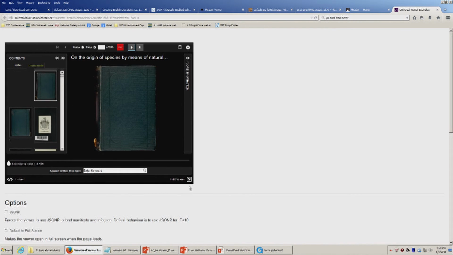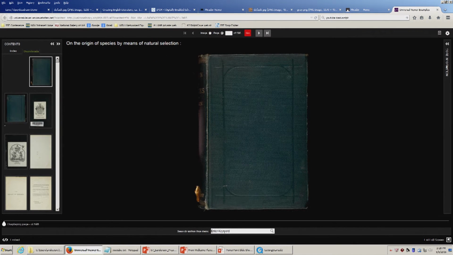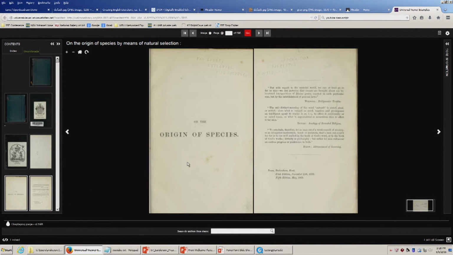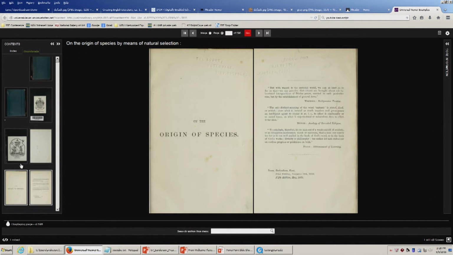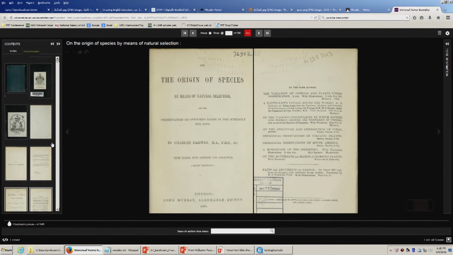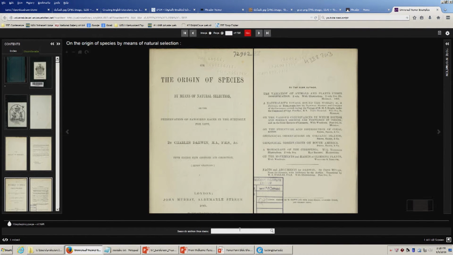Hang on, let's just present this. And click on that. So let's hope some demos work here. Here we're going to look at a manifest loaded from the Wellcome Library again on our test viewing page, and we're going to show some services such as search within. So this is the Origin of Species, and you can see here that although this is being paged, the actual paging information is the wrong way around. We need to correct the recto and verso here.